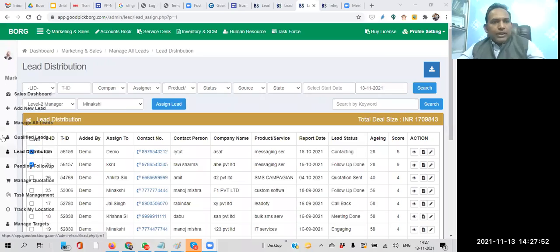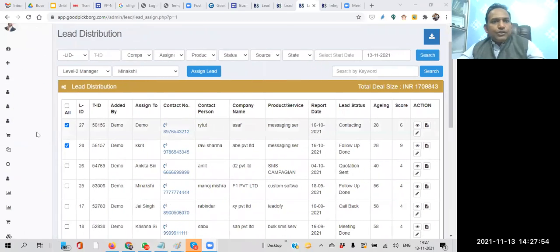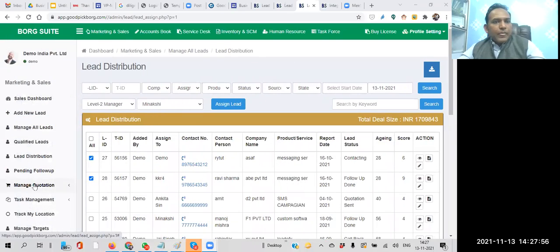See, where is it not showing, in pending lead or manage all lead? Where are you checking on the user side? Pending follow-up. Yes, so the first and most likely possibility for not showing up in the user account is the default setting. Let me share my screen so that I can make it clear. For example, this is a lead issue, and this is pending follow-up.